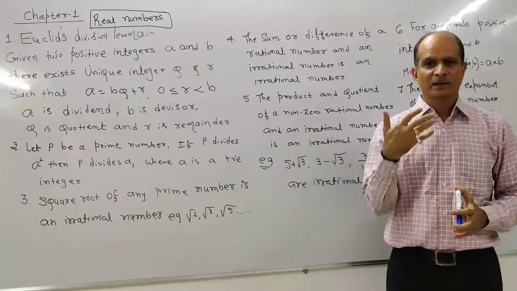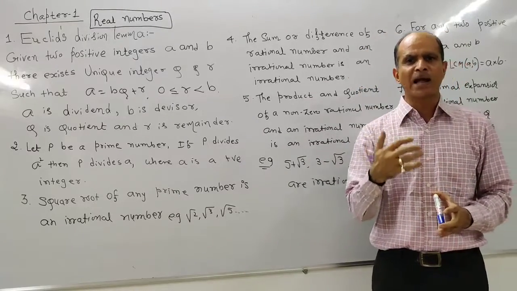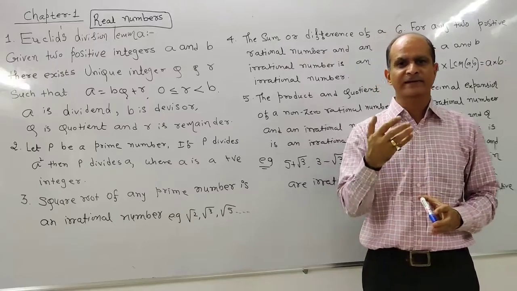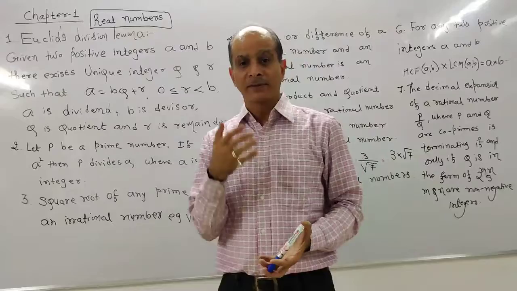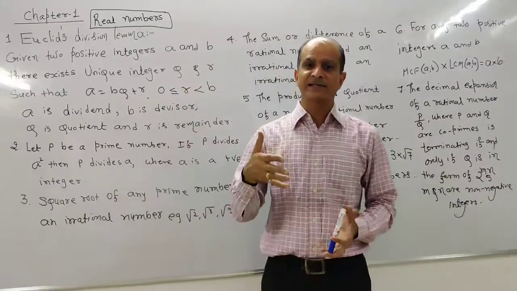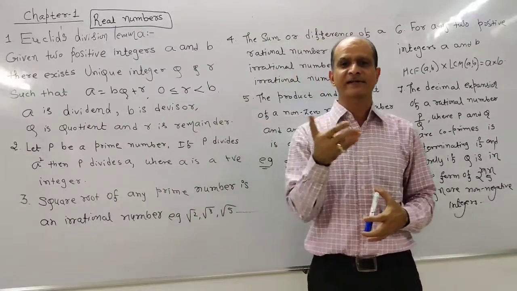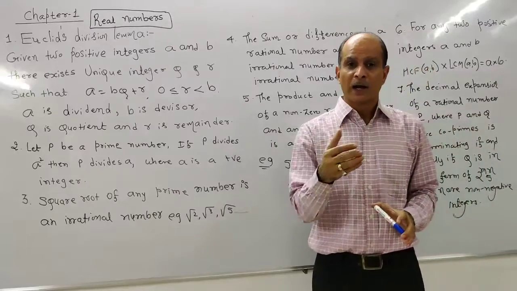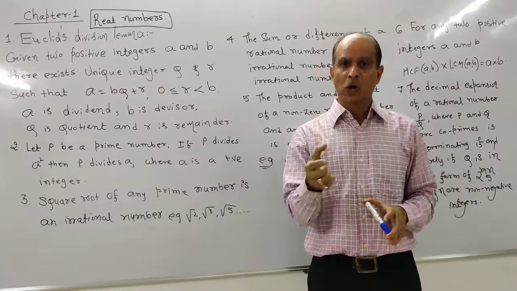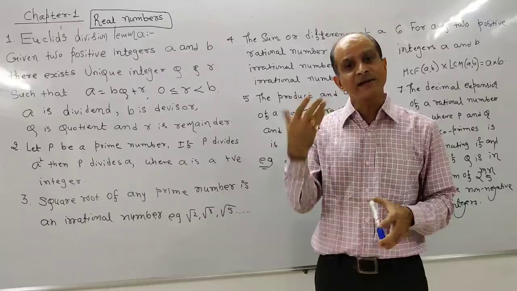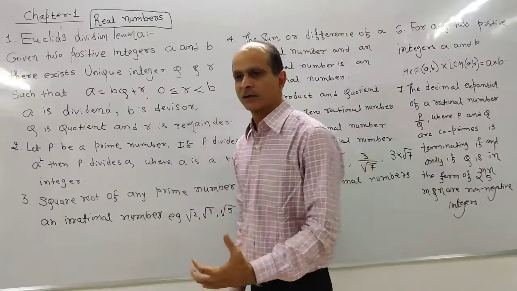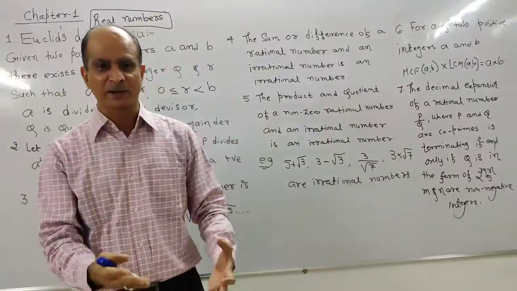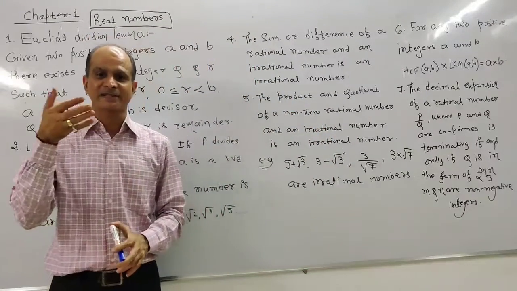We have also discussed rational numbers in 9th standard. The numbers which are in the form of p by q are known as rational numbers. If you consider a decimal number that is terminating, then it is also a rational number. If a decimal number is not terminating but recurring, then also it is a rational number. And the numbers which are not rational are known as irrational numbers.